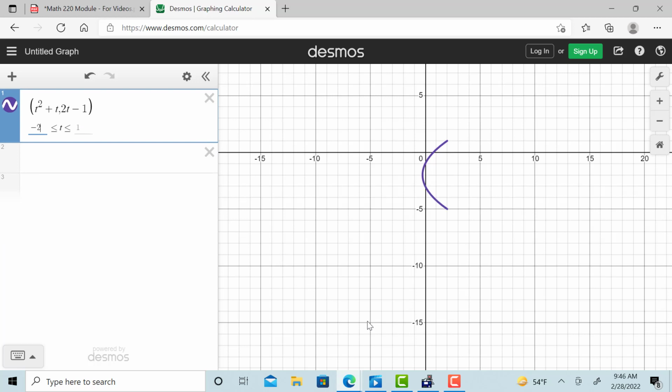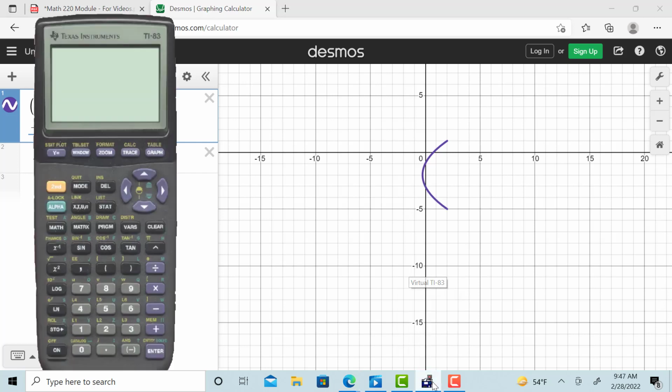Let me also show you how you would do that in a graphing calculator. So let me pull up my graphing calculator here. I'm going to turn it on, go to y equals, and you can see normally we're used to having y equals form, but we can change our mode. If you hit the mode button, you can go ahead and go down and change this from function mode to PAR, parametric mode. So press enter and highlight that, and then go back to y equals, and you can see that it's now changed how we enter